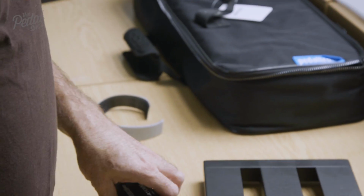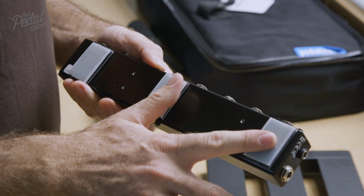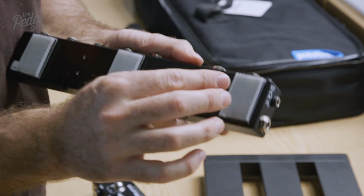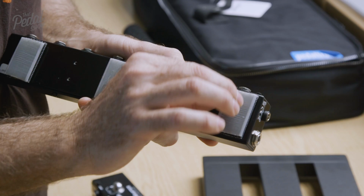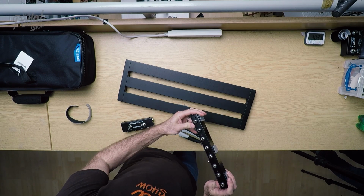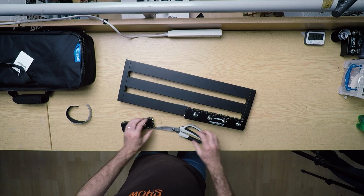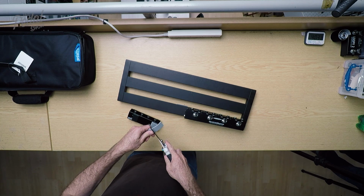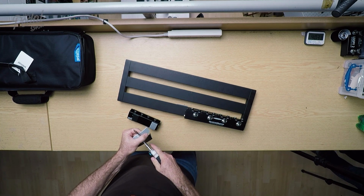So the first thing I'm doing is I'm putting pedalboard tape on the bottom of the Quartermasters. The pedalboard tape is stuck to the bottom of the Quartermaster, but I haven't peeled the back of the tape yet, and I won't do that until the very end. What that means is I can get everything in position. What has to fit on the bottom here